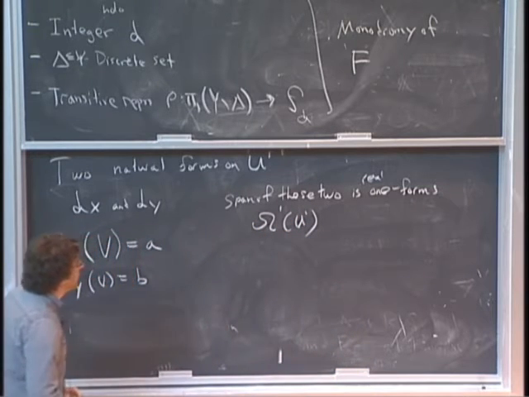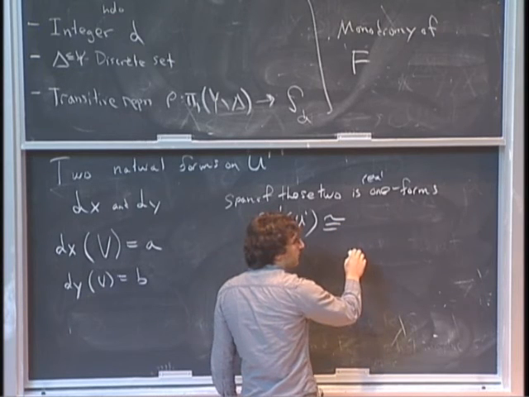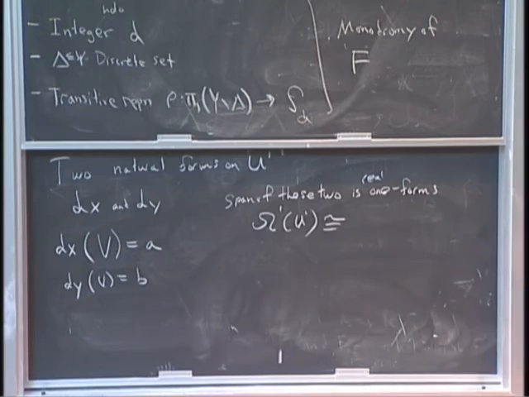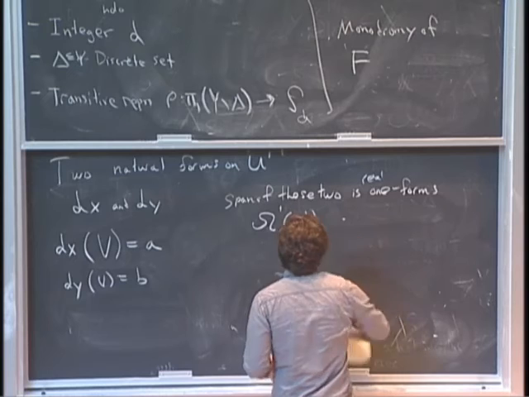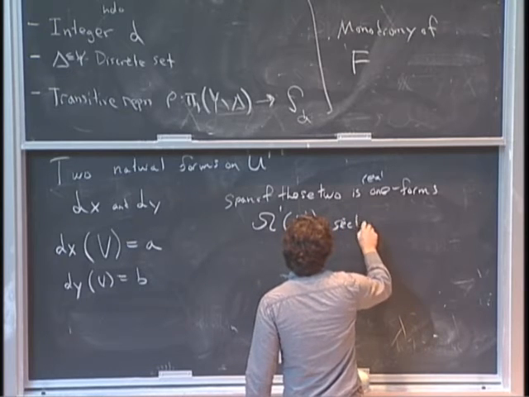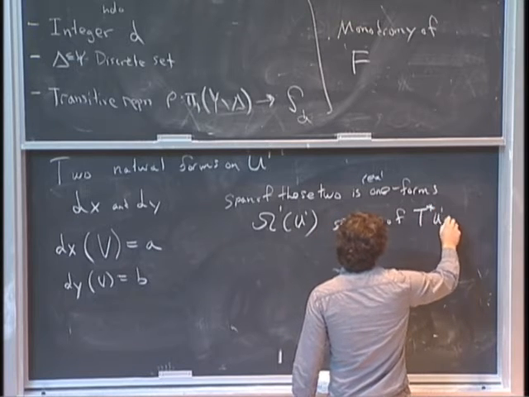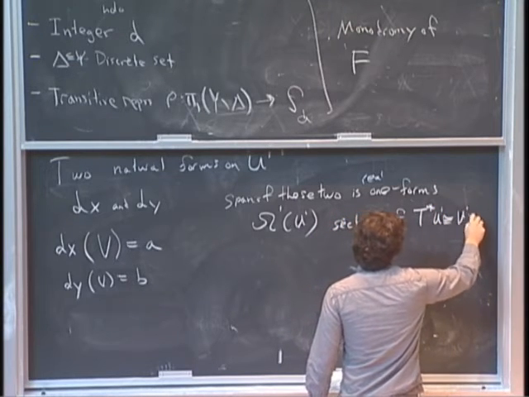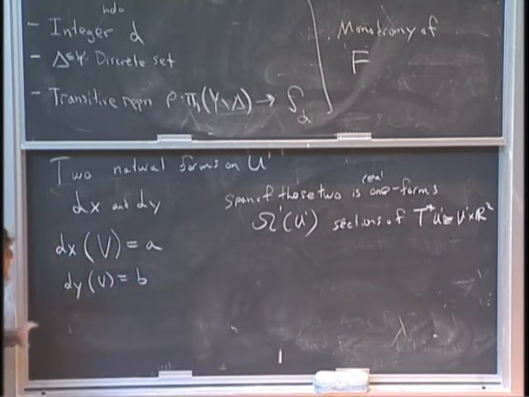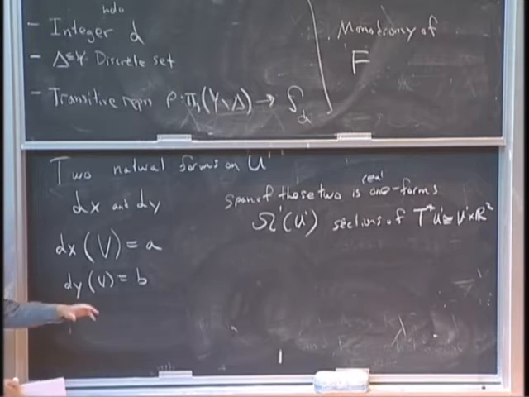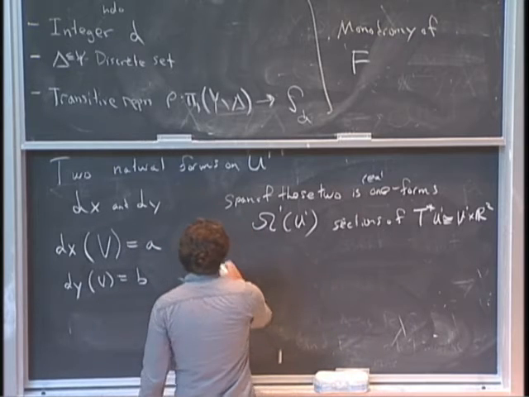And again, we can identify this space of them as, right, when we think about this, these are supposed to be sections of this cotangent bundle of U prime, which is, of course, supposed to be U prime cross R2. And again, to try and build this into something global, we need to make sense of how these transform under, say, change of coordinates. So,